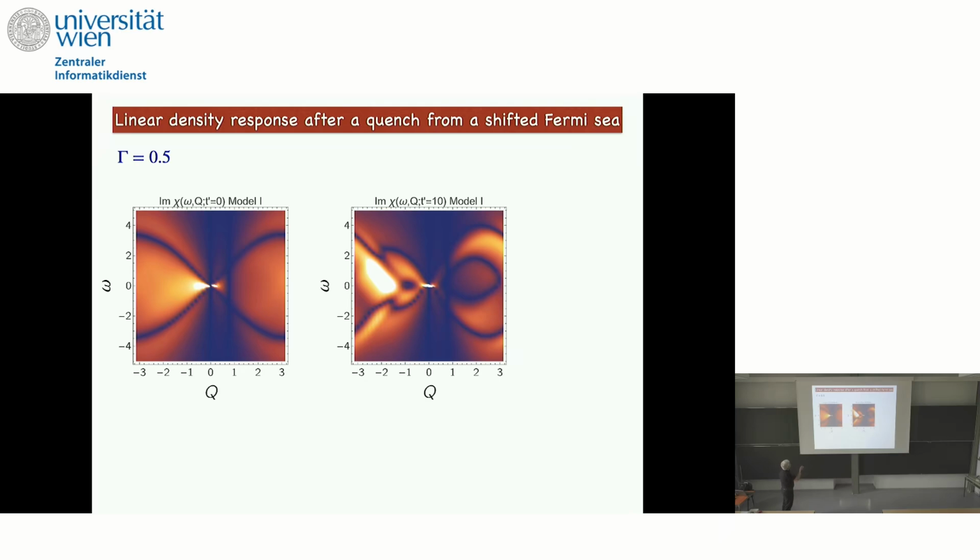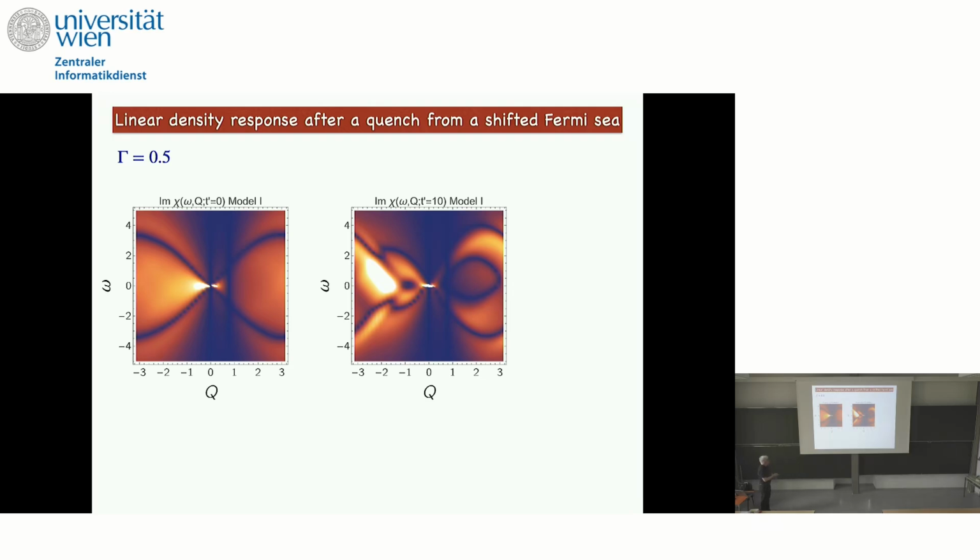So what we do here is we do a pump where we boost the Fermi sea. So we basically start the free fermions in the ground state, and then we boost it. And then we let it evolve in time, and then do the linear response measurement of the density operator after this quench. And this is the kind of susceptibility you get. This is the integrable model. This is what you have in the initial state for this susceptibility, and this is after time evolution.